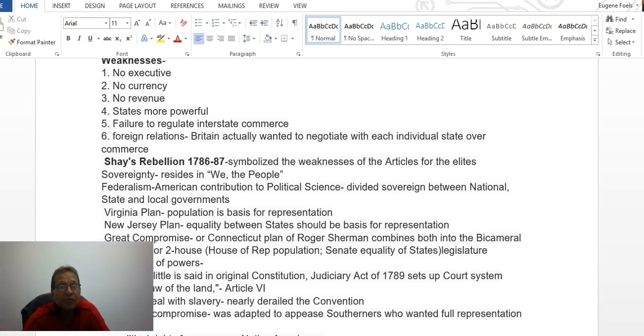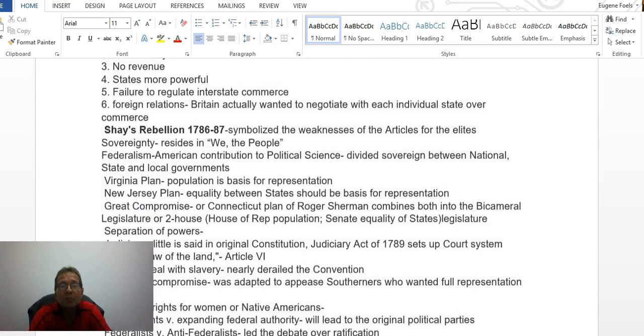Eventually, the new Constitution is developed in 1787. Sovereignty resides in the people, and they created the dual sovereign, or the divided sovereign, between the national, state, and local governments. This is the unique American contribution to political science. It created these simultaneously operating levels of government. And the arguments going forward ideologically are: what is the proper sphere for the implementation of laws or the development of laws and solving them? What level, federal, state, or local, should be doing this? And it's a never-ending argument in American political history.